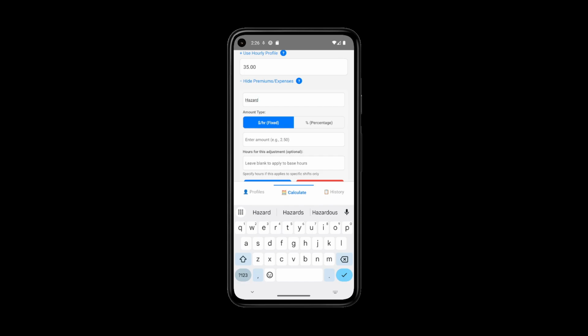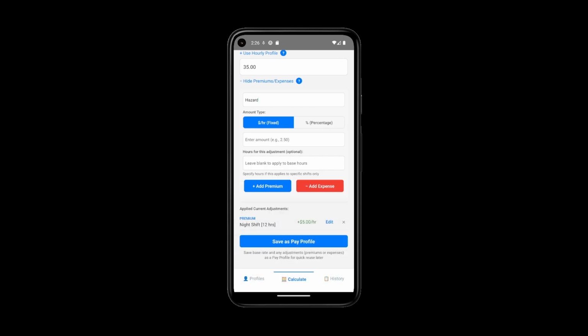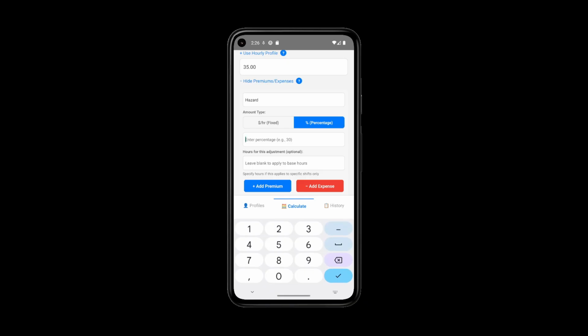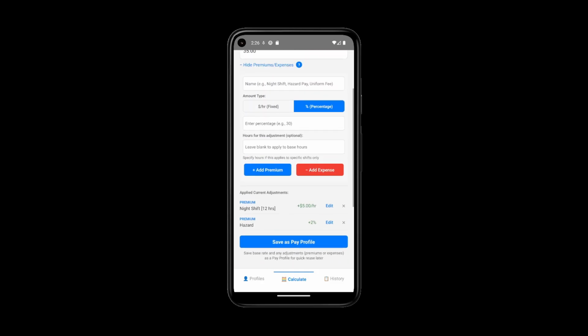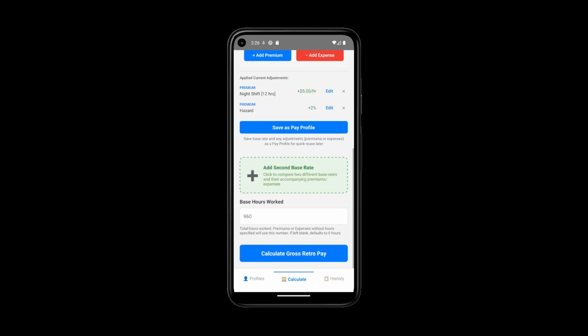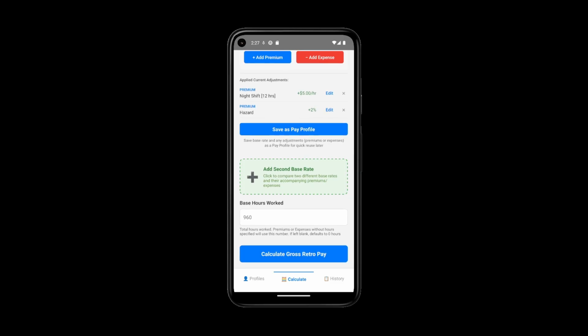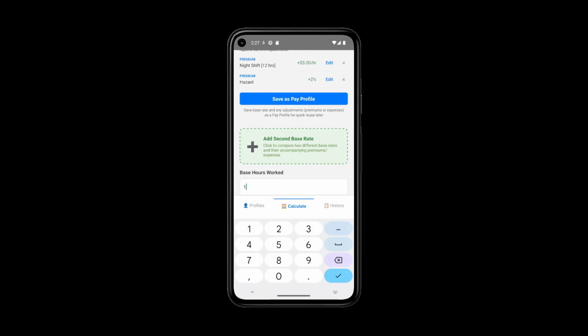For the Hazard premium, it is a percentage-based premium, meaning it gives us a percentage of our wage back per hour as its premium. For this number, I'm going to put 2. So Hazard pays us 2% of our hourly wage every hour as a premium. I'm going to leave the specific hours blank, meaning that this premium will apply to all the hours supplied for the base hours worked. In this case, we're going to say the base hours worked were 160 for this retroactive